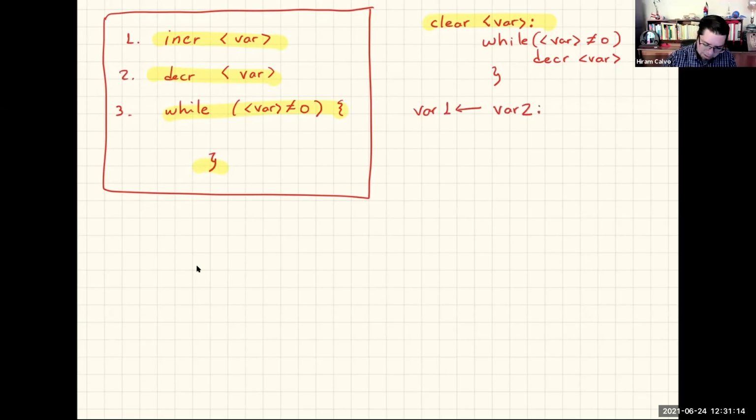I will skip the triangular braces because now we are speaking about particular variables, but of course we can change them with anything we need. The program for assigning the value of one variable to another will consist first of clearing a new variable, which can be called aux. This is an auxiliary variable. And then we do clear var1, and while